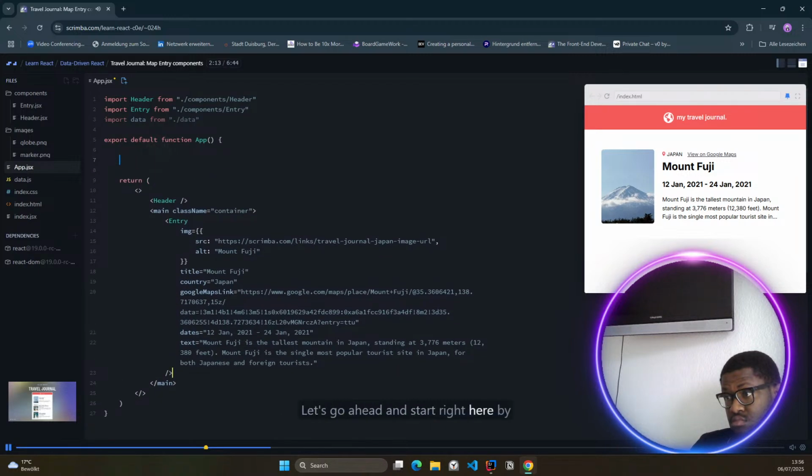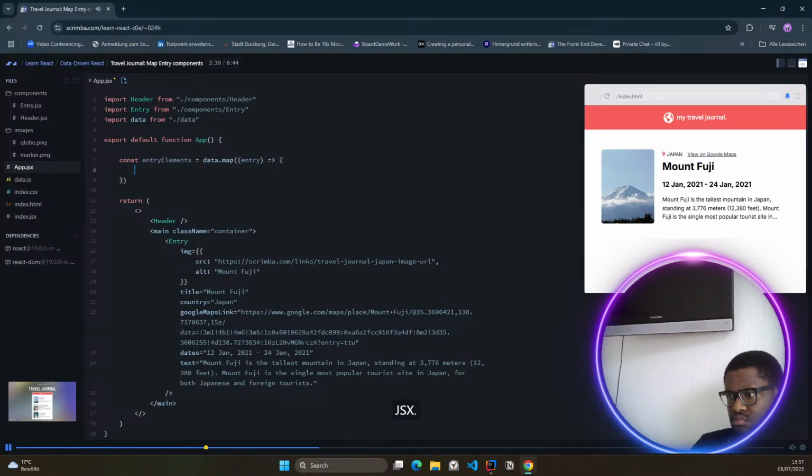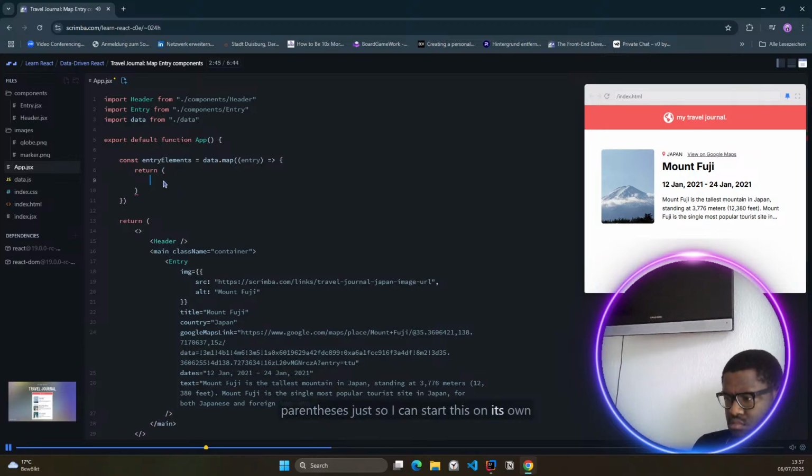Let's go ahead and start right here by creating a new variable. Let's call it entryElements, since this will represent an array of JSX elements. And I'll set it equal to data.map. So .map again will return a new array, and we want to use our callback function inside here, stub that out. And for every one of the entries, we'll just say it's a single entry. We want to return some JSX. So we'll return, and I'm going to wrap this in a set of parentheses just so I can start this on its own line. We'll go ahead and return an